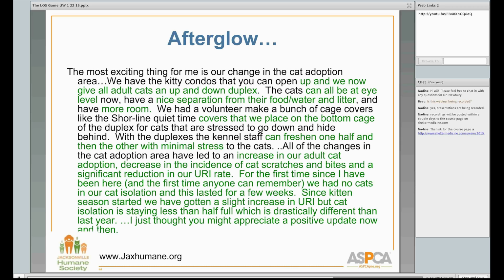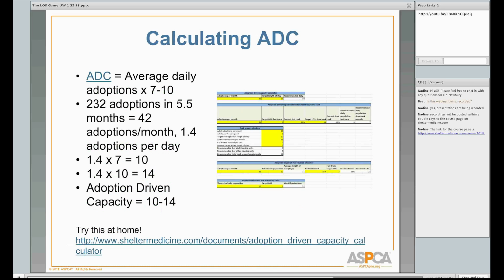So this is also available. I'm not going to go through it in detail, but basically what we can do is we can use a little spreadsheet. You can use math to calculate what is the practical number, the most productive number of animals for an organization to make available for adoption based on a target length of stay and the number of animals that they're likely to adopt. Sometimes we want to include an increase factor. Sometimes the shelter is going to say, well, we think if we do this, we'll be able to increase our adoptions by a third. And we hope that's true, and so we can try to figure that in.